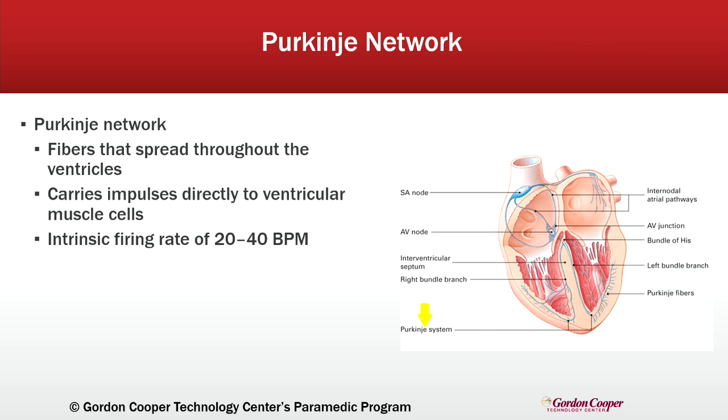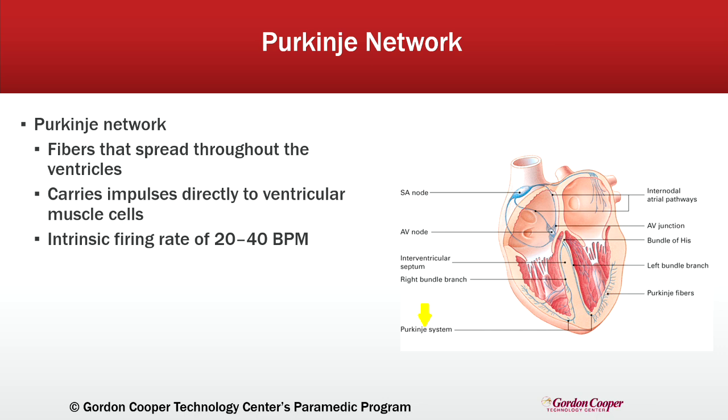Now we've reached the final part of this electrical conduction system that we've been talking about, the Purkinje network. These are specialized fibers that spread out throughout the ventricles from the end of the bundle branches. Think of the Purkinje fibers as the final delivery system. They carry the electrical impulse directly to the ventricular muscle cells, making sure that the ventricles contract and pump